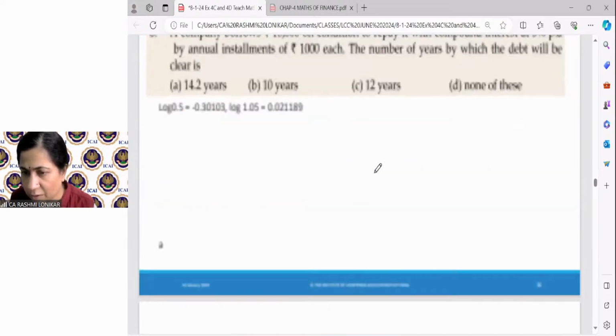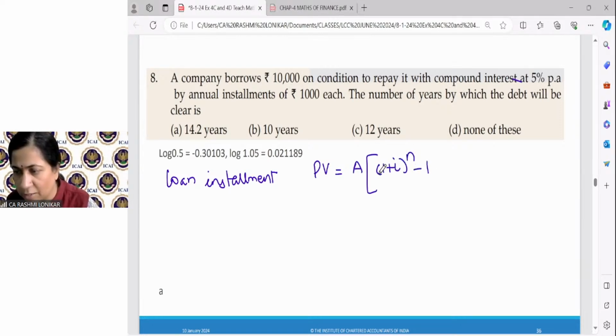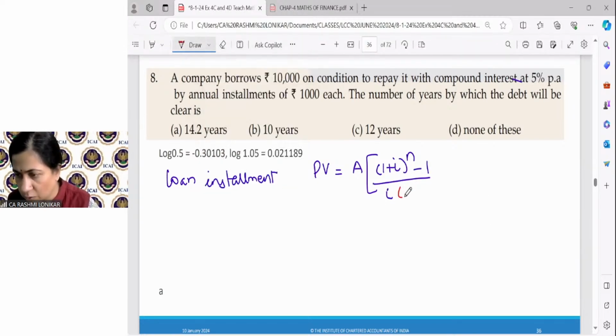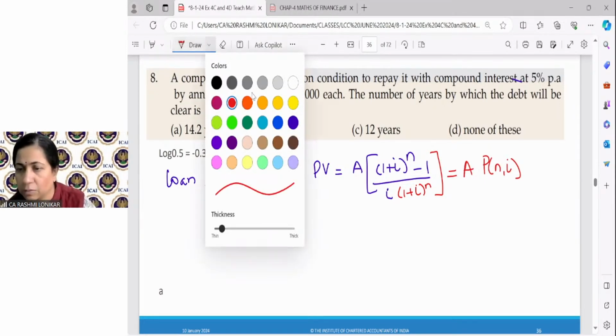Very good. So, what does the PV formula say? The present value of an annuity is A into bracket 1 plus I raised to n minus 1 upon I into 1 plus I raised to n. Okay. This is also written as A, P, N, R. Okay. Now,